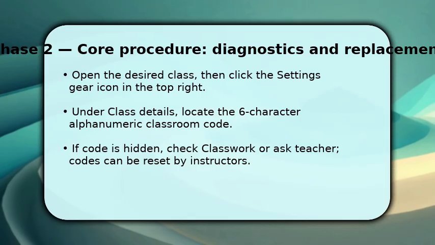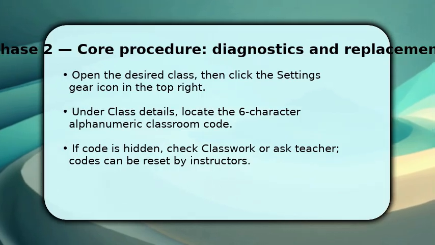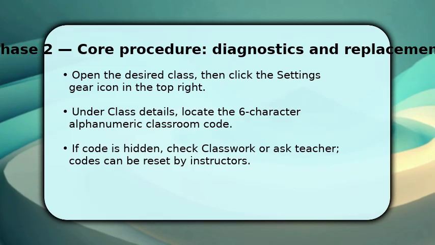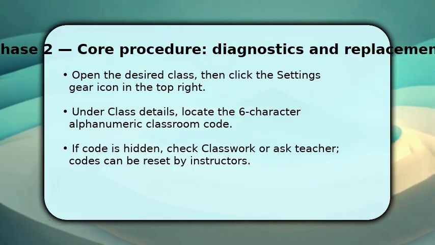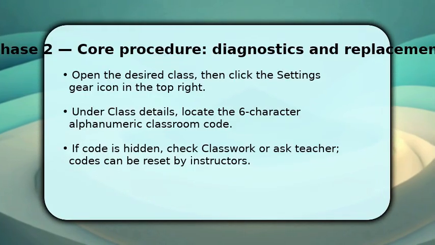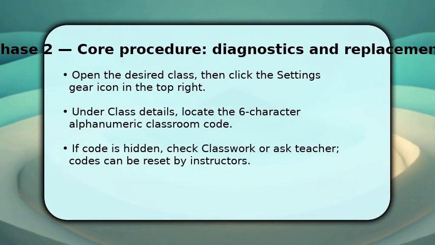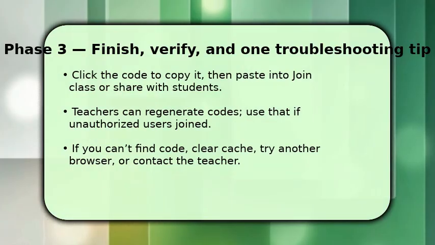If you don't see a code in Settings, check the classwork header or the stream for an invite post, since some teachers post codes there, or they may have turned codes off. Copy the classroom code by selecting it in Settings or tapping the copy icon, then paste it into Join Class